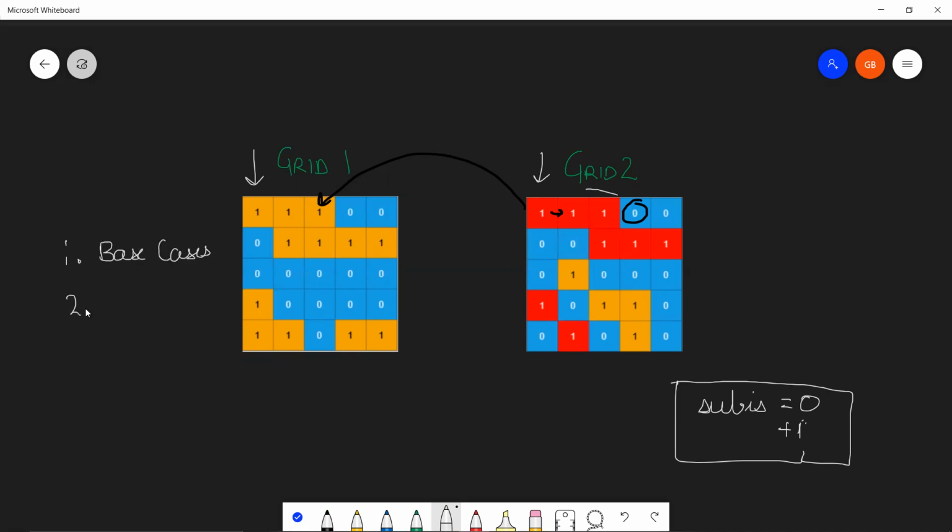You need to define the case where traversal in grid 1 is not giving you the desired result. And third, you just perform your recursive calls. You need 4 recursive calls over here. Each recursive call goes in one direction: top, right, bottom, and left.